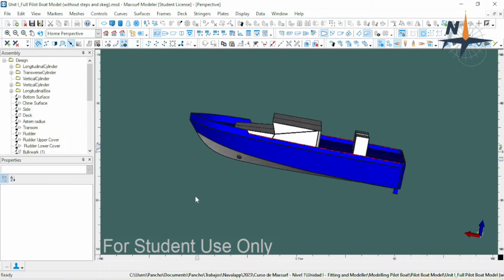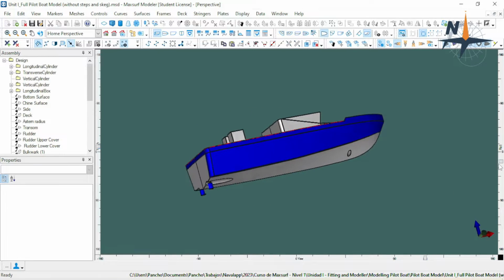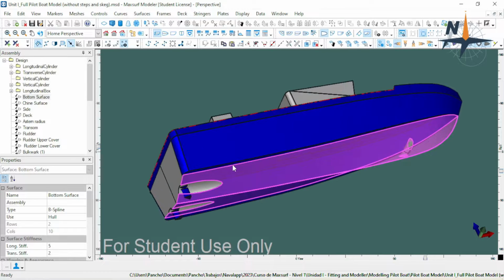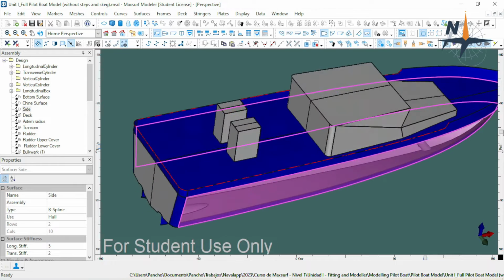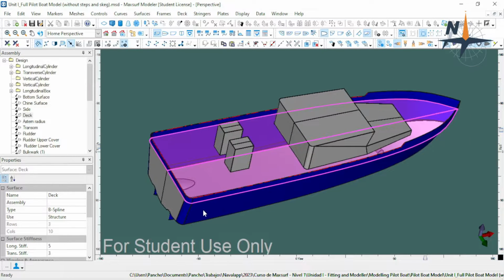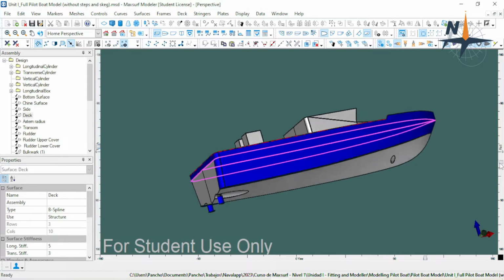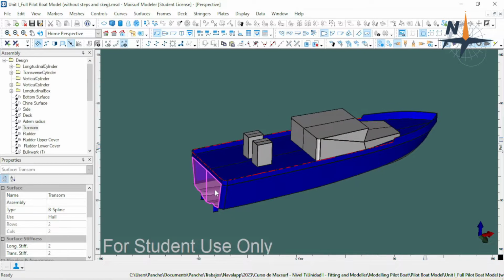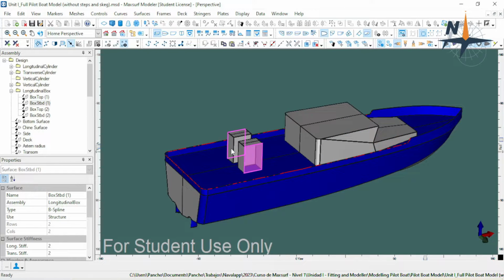If you see here in this first model, we worked with different surfaces, dividing the hull in bottom, chine, side, and deck. And then we started modeling some specific surfaces and details such as the transom, the cabin, these astern